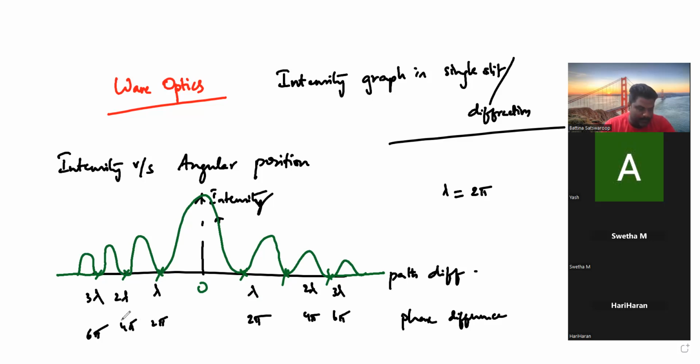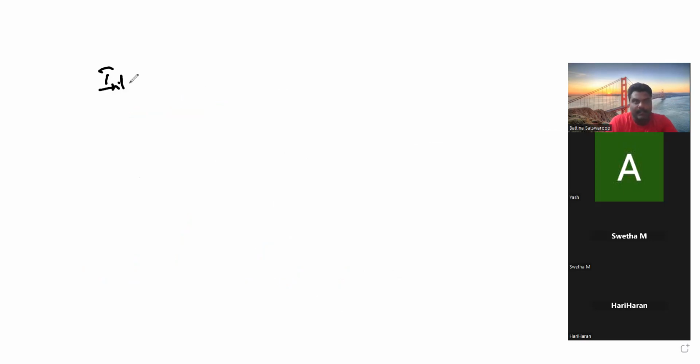Correct, Amma? Right. Next one. Clear? So I am plotting for three things. First one is for angular position, then for path difference, and then for phase difference. Lambda is equals to 2 pi. Next one. Intensity graph